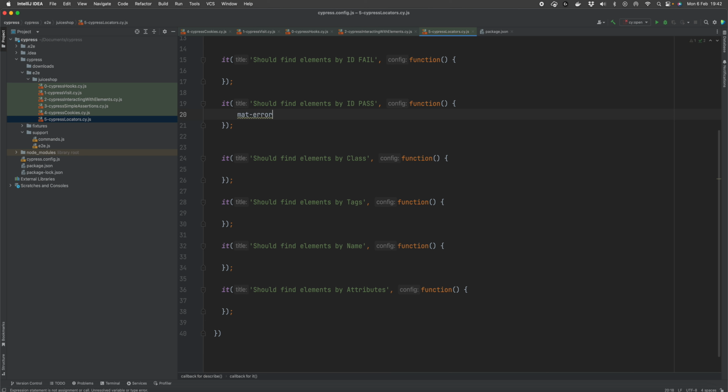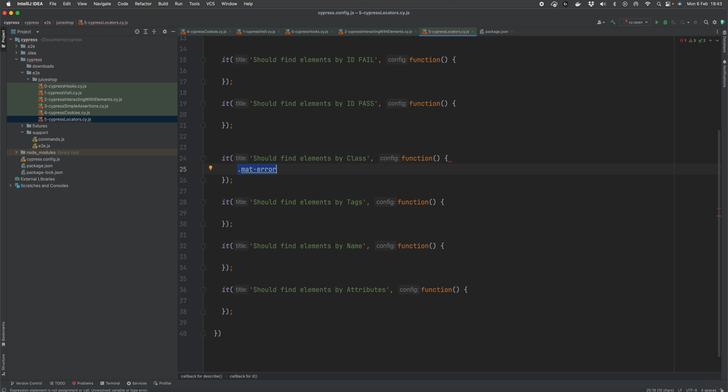So I'm just going to paste that in there. Because this is a class, I'll put it in here so it makes sense. Because it's a class, you denote that with a period or a dot. I'm going to select all of that by clicking Command Shift and then right to highlight all of that text.